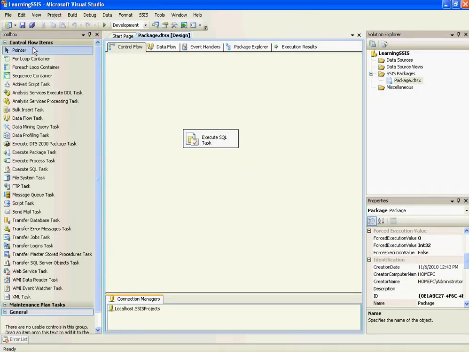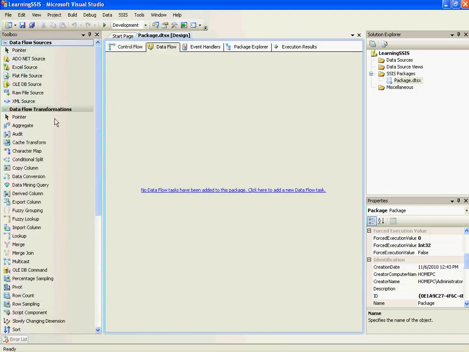In future videos, I'll show you a lot of other tasks which are on the left hand side, and I'll show you how to use each of these tasks, and I'll take you across different transformations and sources in DFTs, and I'll take you across event handlers, and of course various other configurations inside the package, and I'll show you how to make each and every package dynamic. So keep